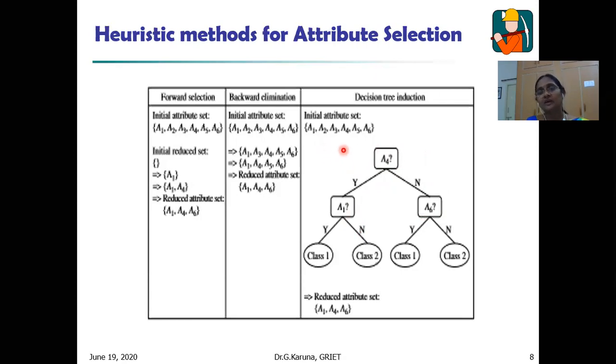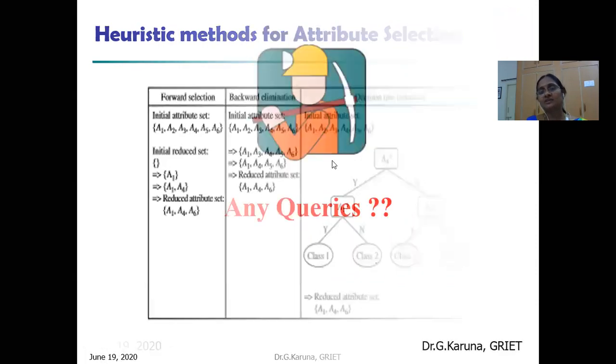Based on that value, the attribute with the highest information gain is the best split for the decision tree. Based on that, we perform the test and divide the values into two sides. Again, among the remaining attributes, which one is the best? Until we get the target classes, we conduct the same search in the decision tree. Finally, we get the target classes. So this is about decision tree induction.